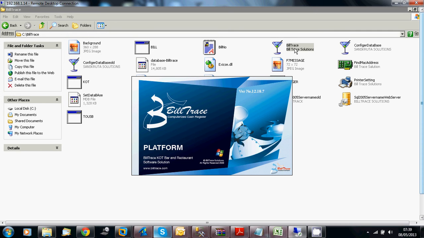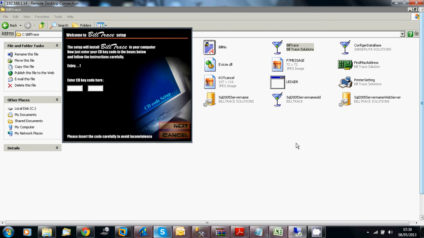The first time I am running it, so it will take a little more time to run the software. See, this is the CD key it is asking you for now. I am just creating one, giving you one CD key. This CD key is given only by Yogesh because it is very secured, to reduce piracy. That's why we have such a long process. Sometimes the customer might get annoyed with it, but to maintain security and reduce piracy, we have to follow these steps.